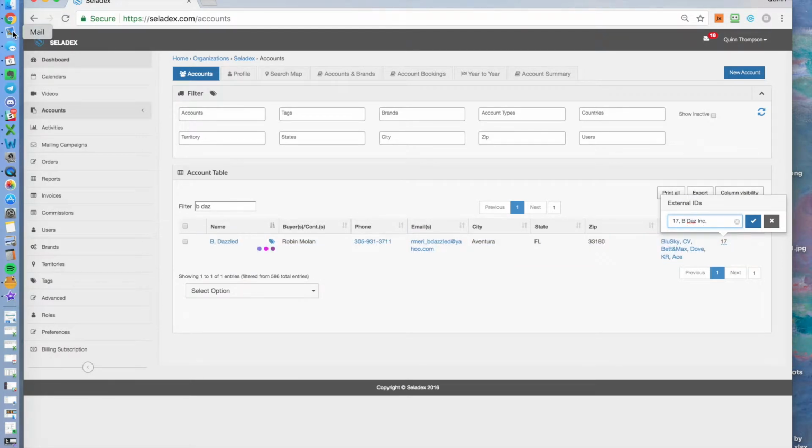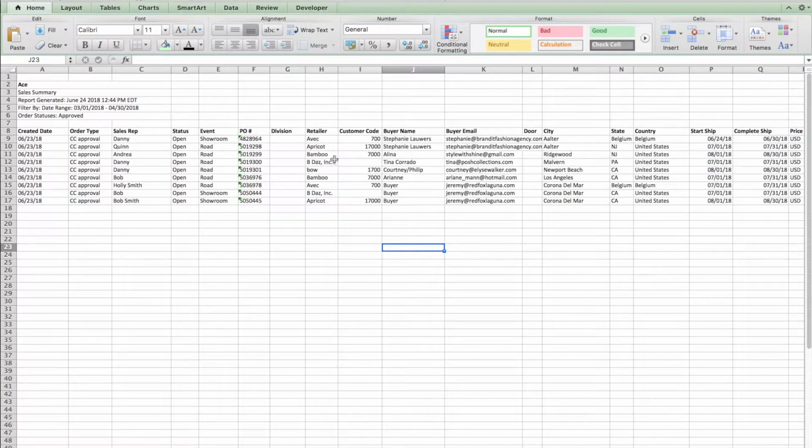And what you would need to do on your sheet is you would also need to eliminate the comma here as well. Now this is obviously a little tedious, especially if you have to import this customer over and over again. If they have a customer code, we suggest using the customer code. If they do not, as in this case,